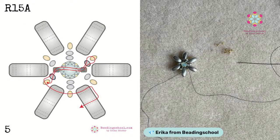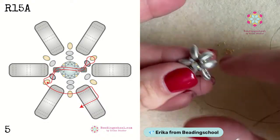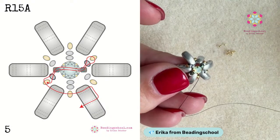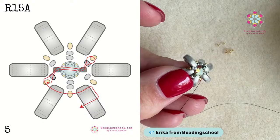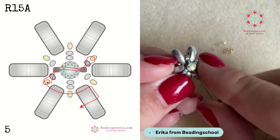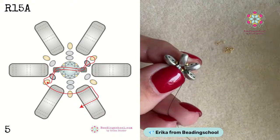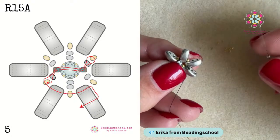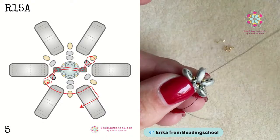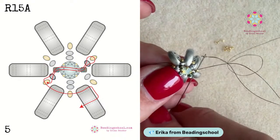So, to continue beading, we will now, in step 5, finish fixing the rhinestone. I'm exiting one of the last size 15s that is not yet attached to the Preciosa rhinestone. I pick up a size 15 Miyuki. I bead through Delica, Preciosa Suwon rhinestone, Delica. And I pick up one more Miyuki round 15. I bead through the very last round 15 between the kalis that is not yet attached to the rhinestone, and then I bead back through the size 15 that I just picked up,